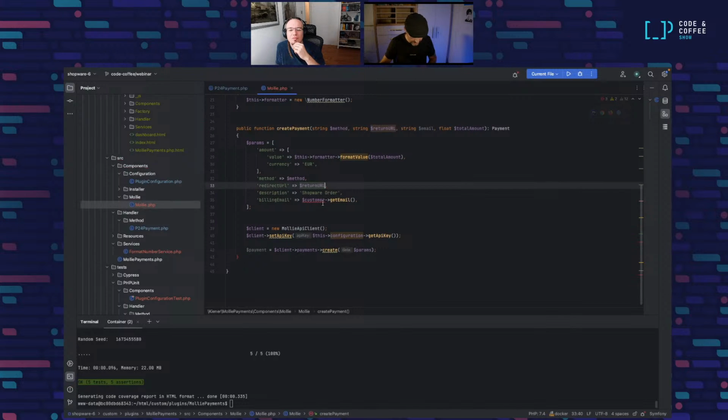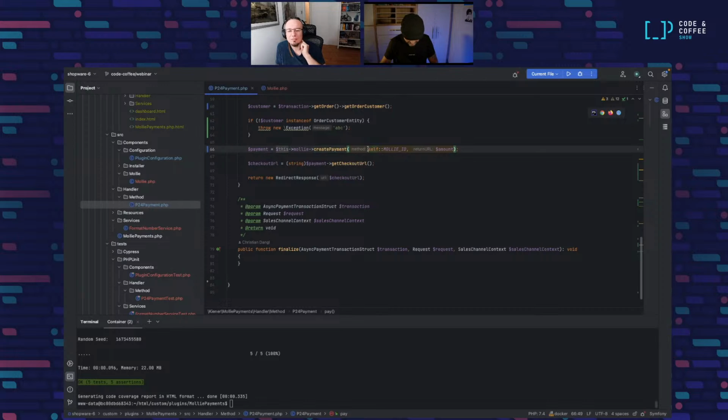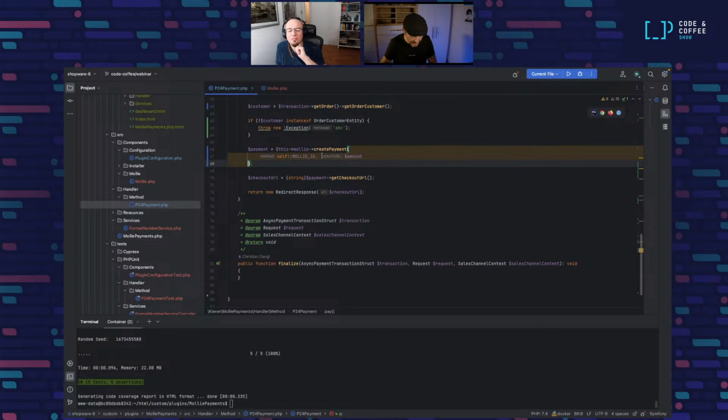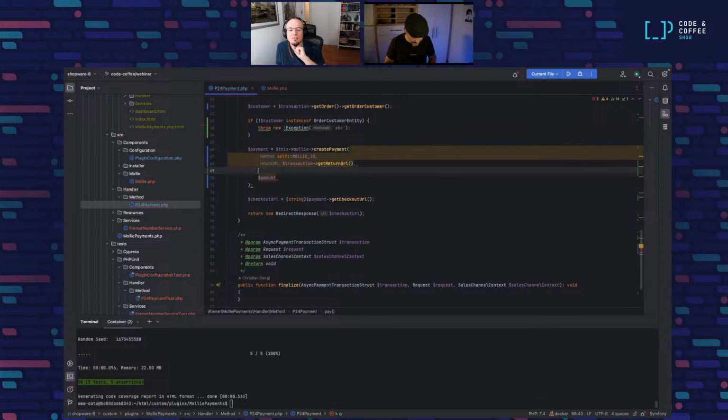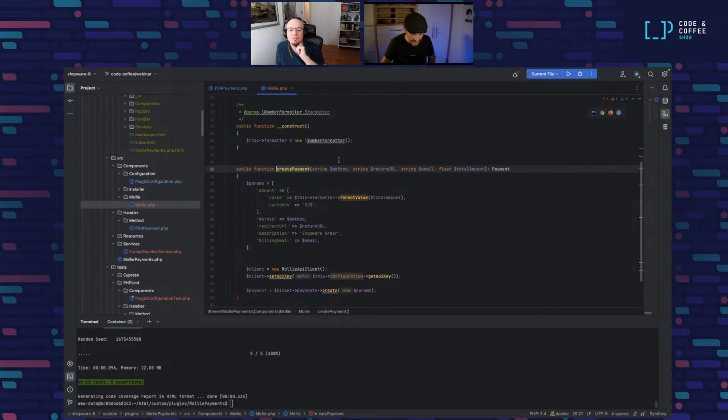Return URL, email. Perfect. So let's just add it in here. And you can see that I'm already refactoring more and more. I'm trying to figure out what the heck I'm actually doing. In the end, I want to have good tests. So